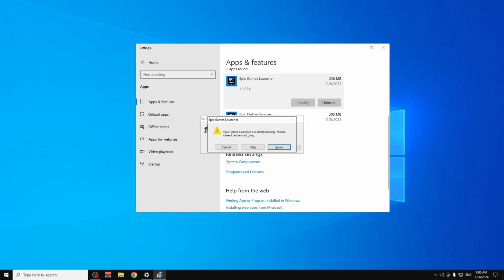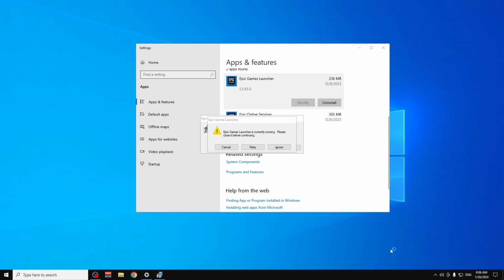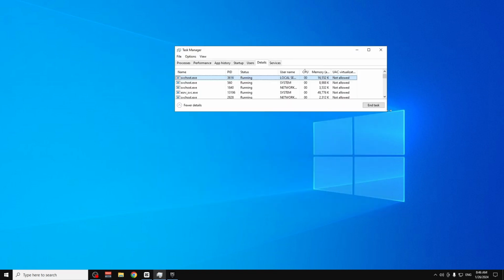here you will see it will say Epic Games is currently running, please close it before continuing. So if you click retry, as you can see it's not working. So how you can fix this is just by going to your taskbar, anywhere, and then right click and click on task manager. We can cancel and close this now,